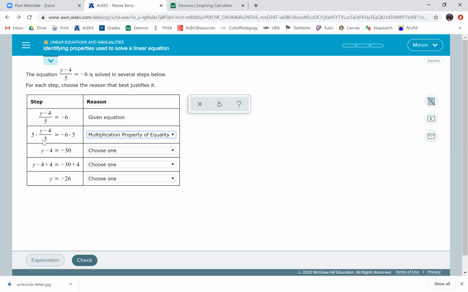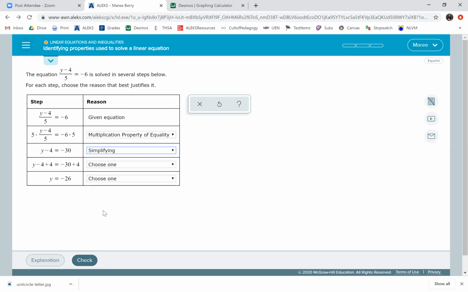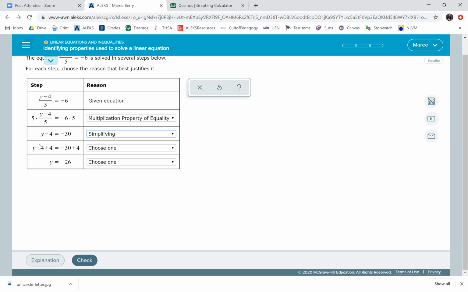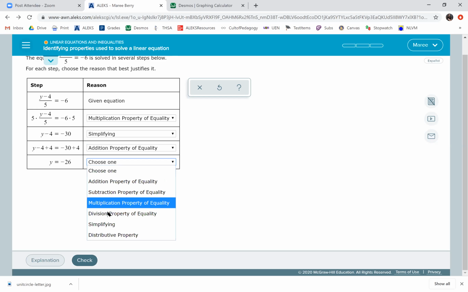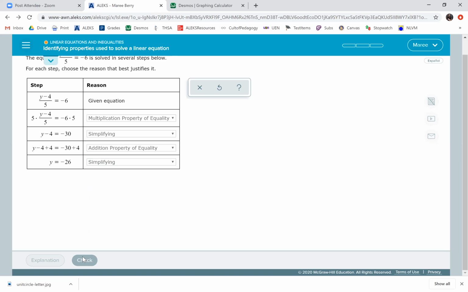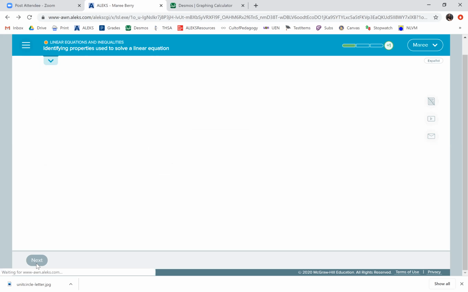Then when there's nothing, like they just took away, like they simplified it. I don't know how to say that, except it's just simplifying it. So we'll just put simplifying. Usually after the property, we simplify. Then you can see that they're adding 4 to both sides. So we pick the addition one and then the simplify, and we're done. So if you're going to use a property, the one that comes after it should be simplify, because usually that's